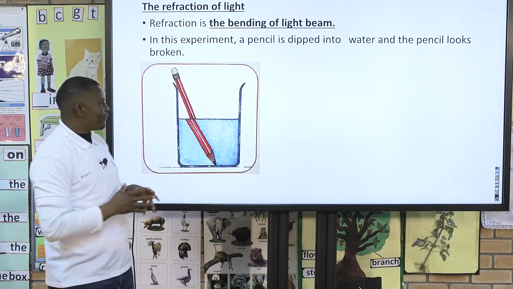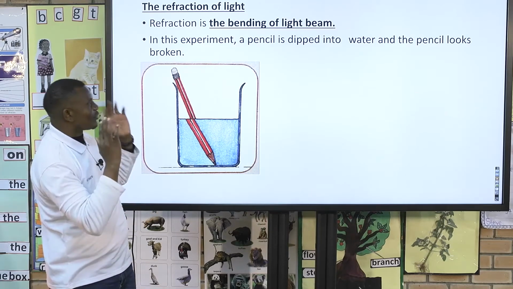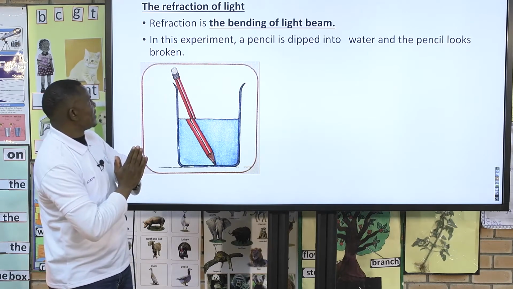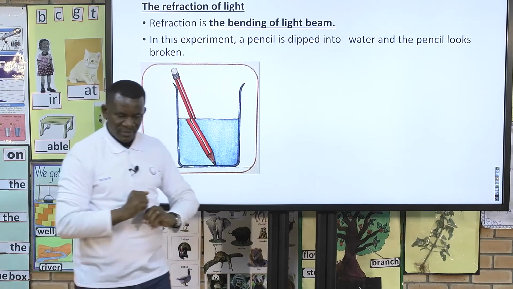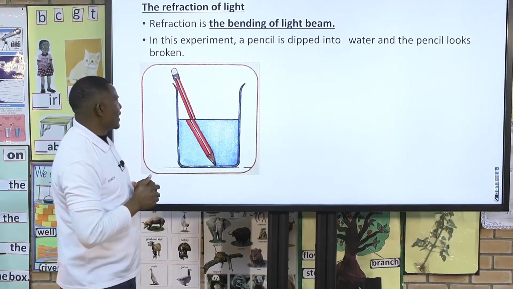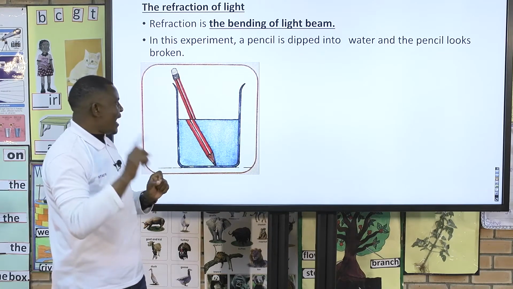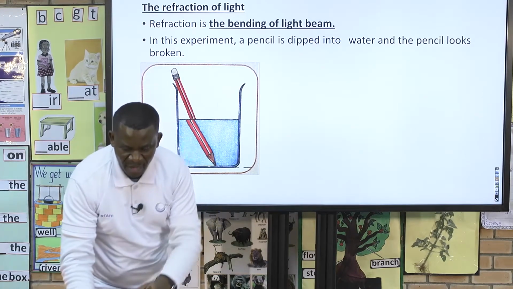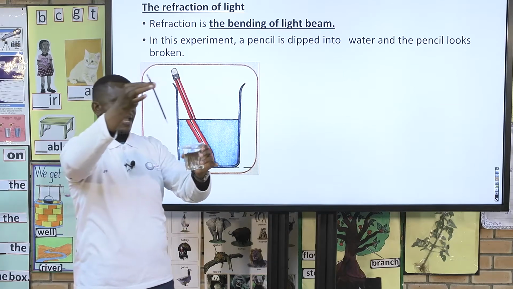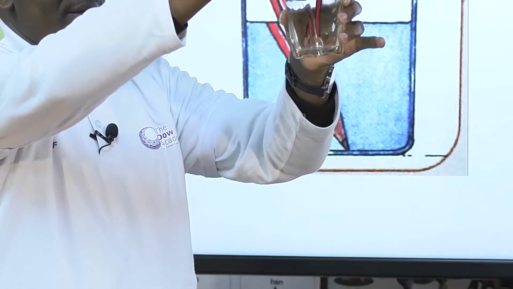We are going to do a very, very simple experiment. You can try it at home because it does not involve any chemicals. So let's look at our experiment. We are going to have a glass filled with water and then put a pencil inside that water. I want you to observe what is going to happen. Here's my glass of water and a pencil. When I put it inside,